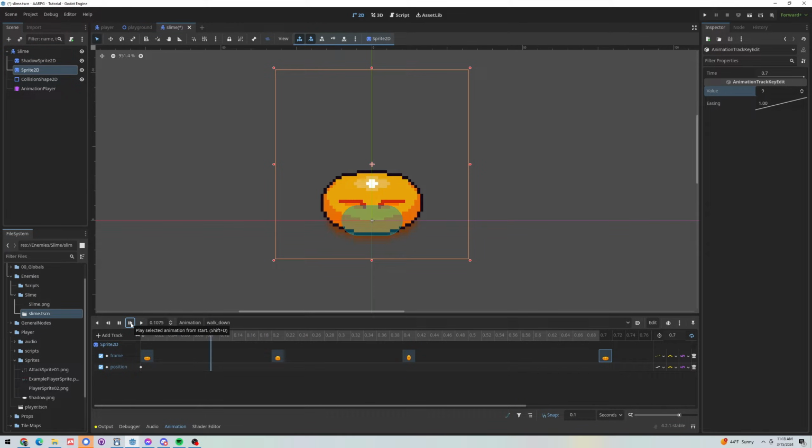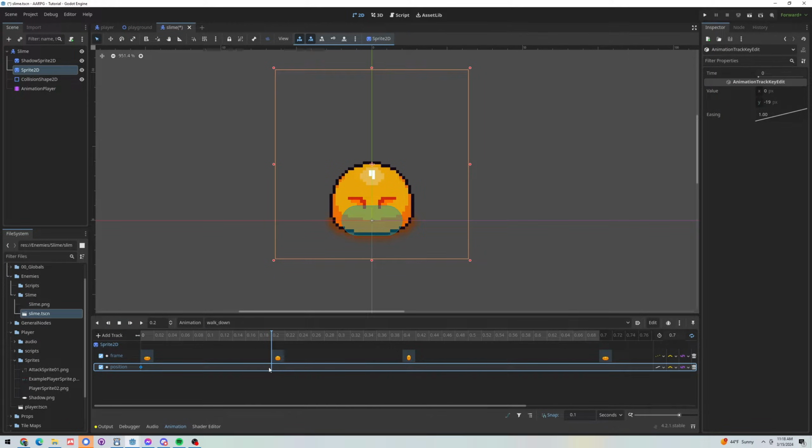Obviously that's not super cool just yet, but we'll spice this up with a little bit of animation on the position. So let's say I'm going to just select this keyframe here and then drag my playhead to 0.2 and then right click and say duplicate keys. So we've got another position keyframe. He's going to stay on the ground on this section of the animation. But then let's go somewhere, I think about here, maybe 0.5,